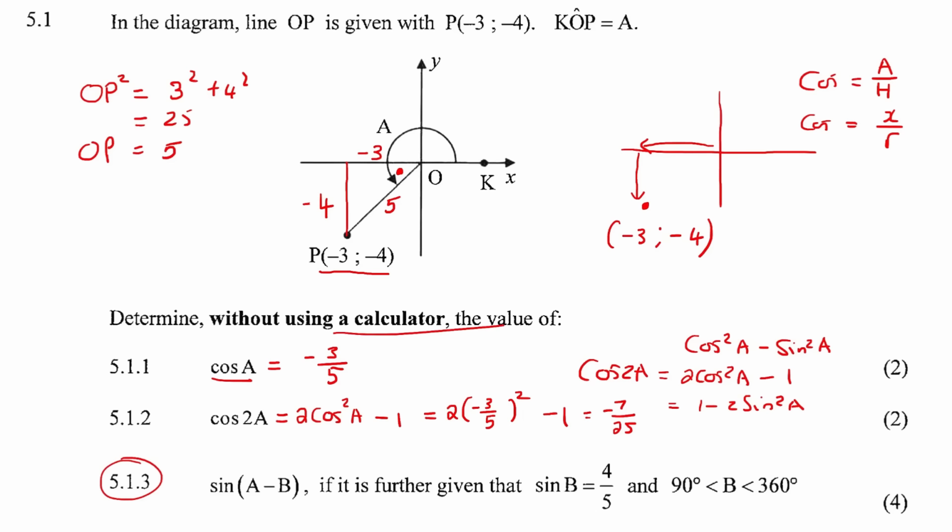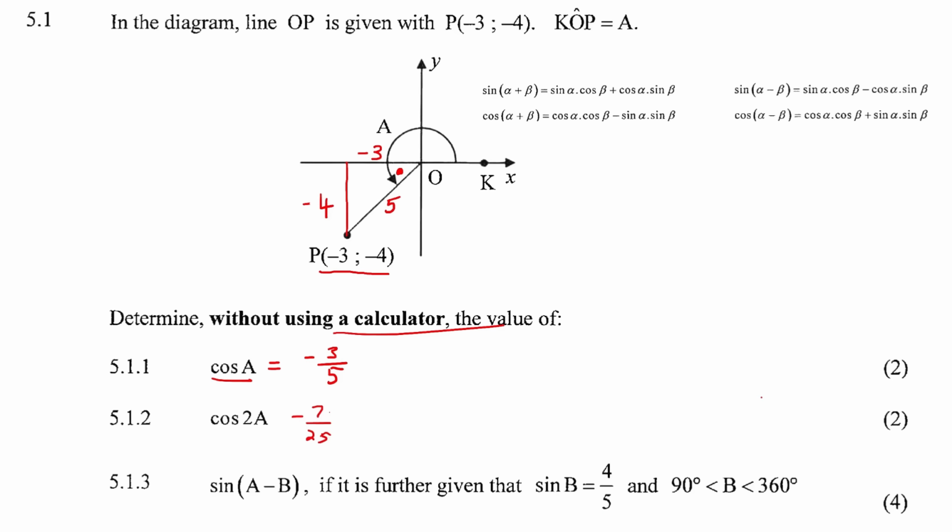Determine the value of sin(A minus B) if it is further given that sin B is 4 over 5. Okay, very good question. From our formula sheets, we can see that we have these compound angles. Now they've given us sin(A minus B), so that is this one over here. If we expand sin(A minus B) by following the formula, it's going to give us sin A cos B minus cos A